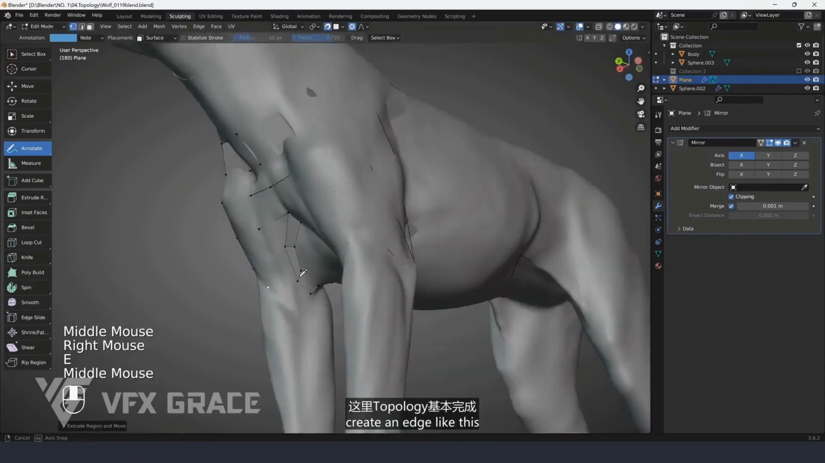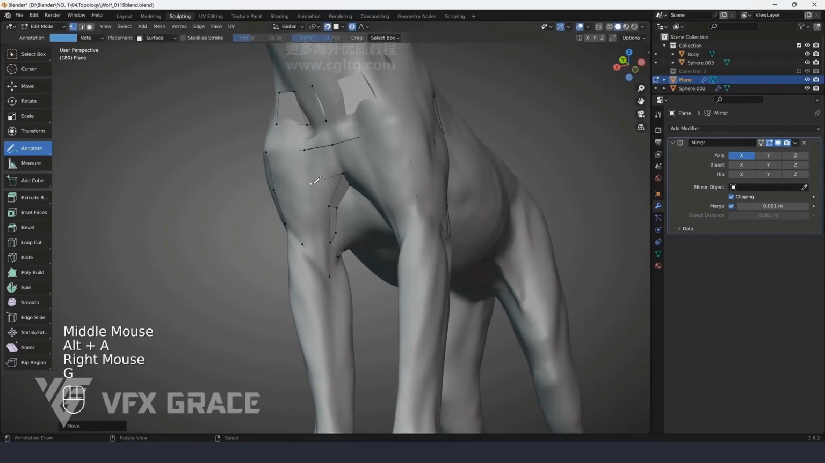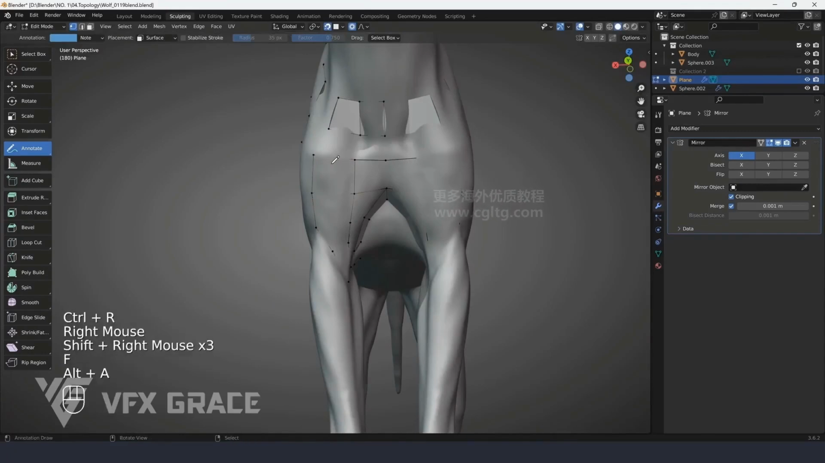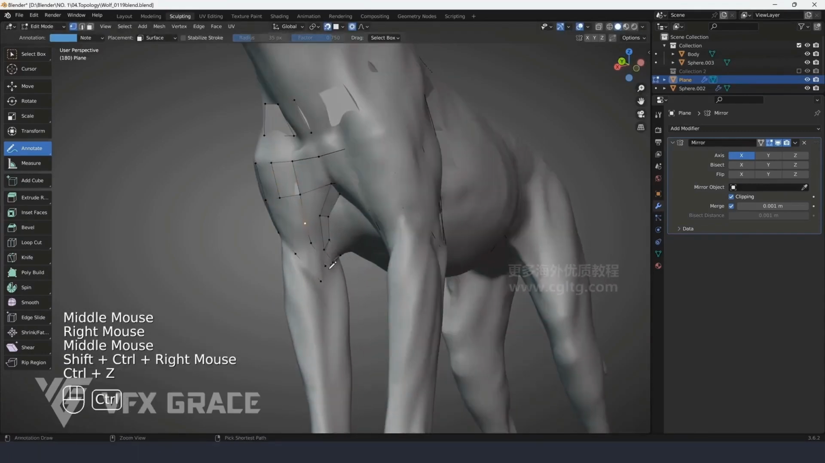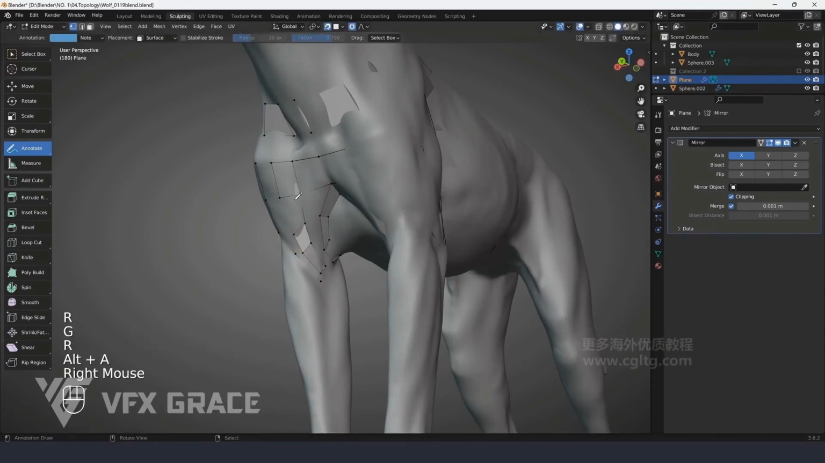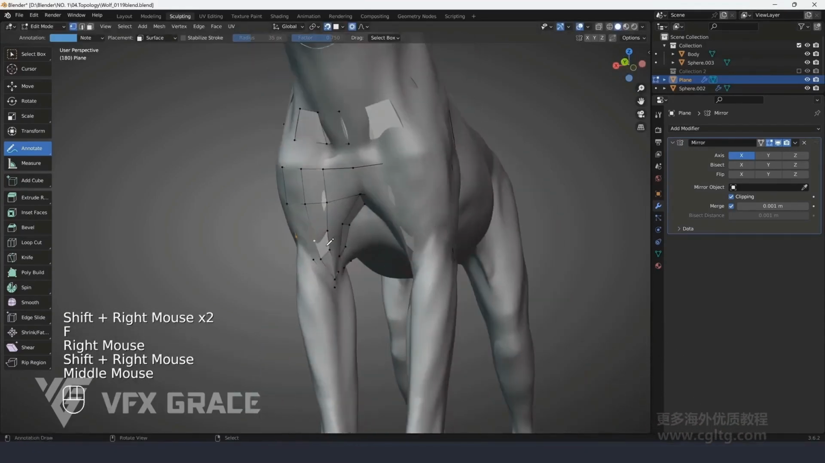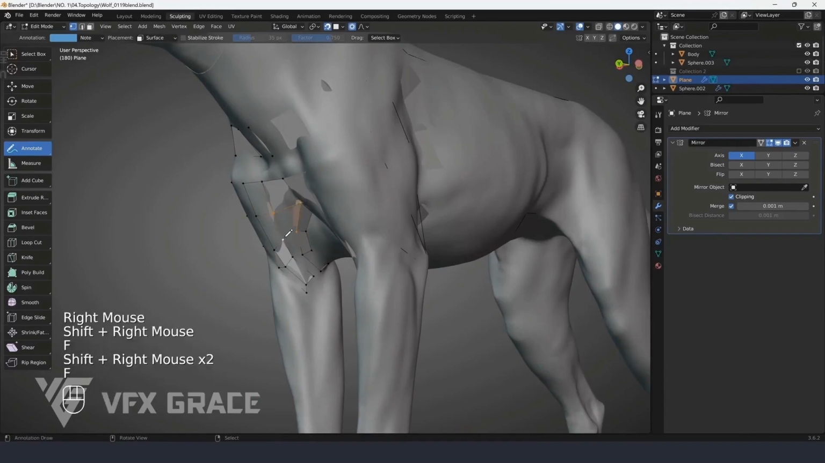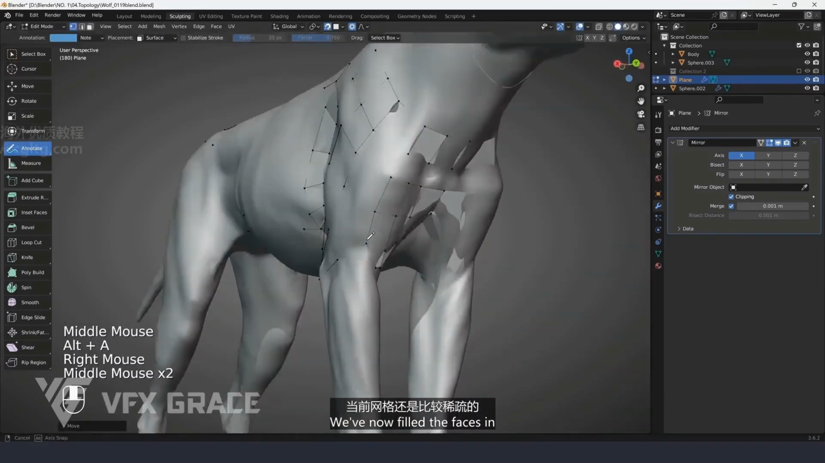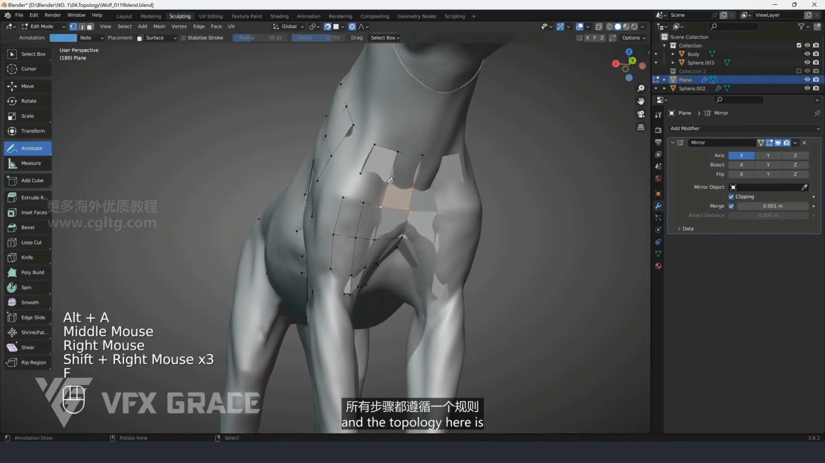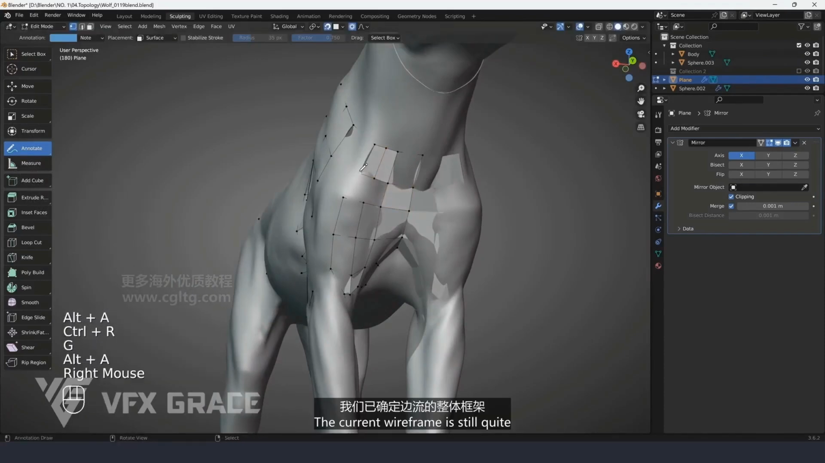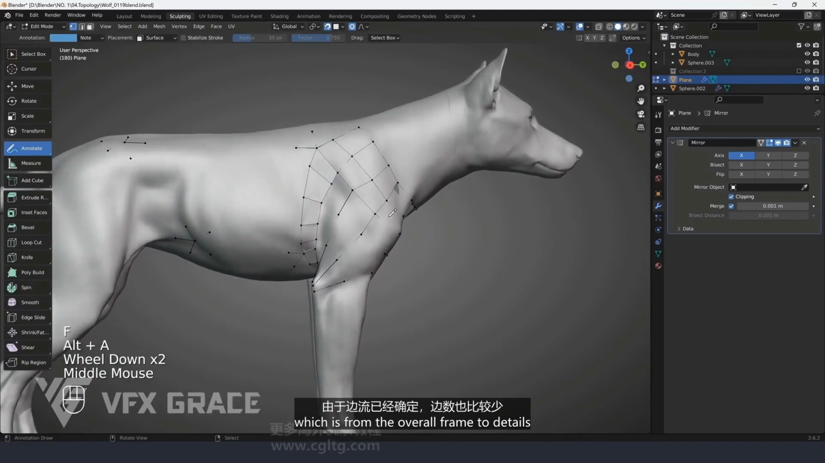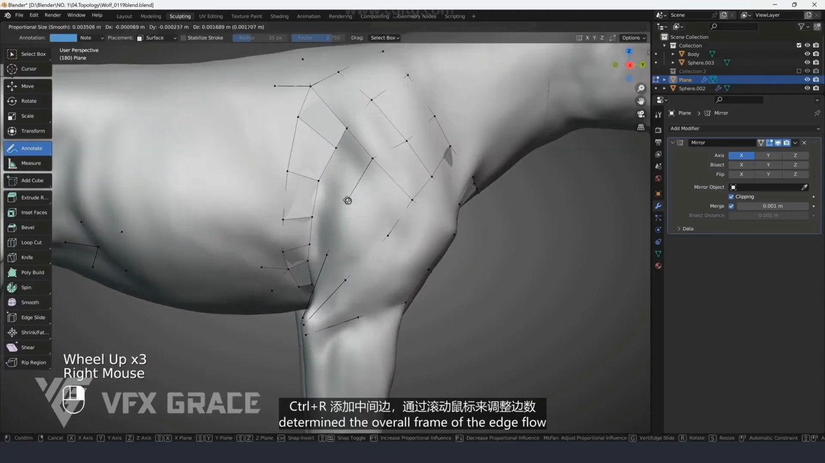Here, we need to create an edge like this. We've now filled the faces in the front of the chest part, and the topology here is basically complete. The current wireframe is still quite sparse. When we are working, all steps follow one rule, which is from the overall frame to details. Once we've determined the overall frame of the edge flow,